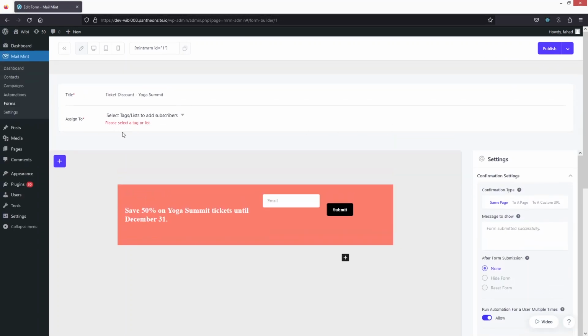Okay, so right now we are having the issue that we don't have any subscriber or we don't have any contact. That is why we can't actually publish this. But when you add contacts to it, it can be published. Okay, so this is how it works, and this is how we can do email